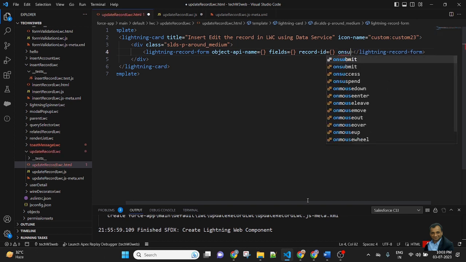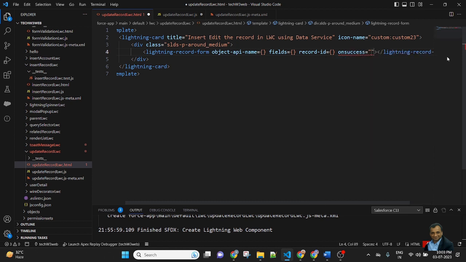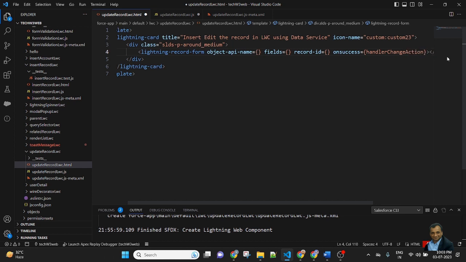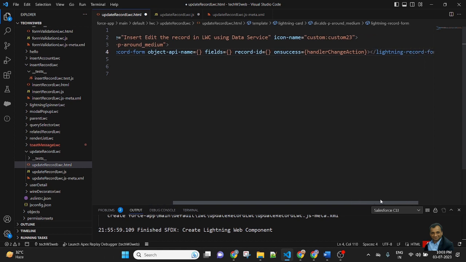Then on success, here I will pass the action method. After creating and updating the record, I will pass the success action handler, handle change action. This action will provide the toast message.